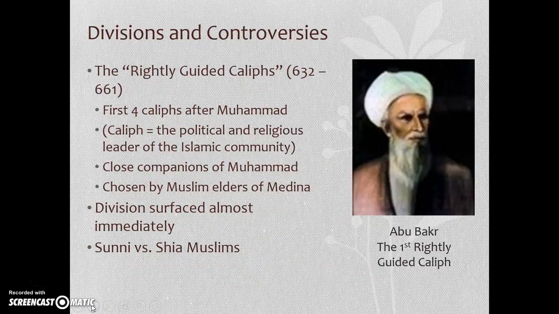After the death of the Prophet, disputes arose over who should lead the community. The first leaders were all companions of the Prophet. The first caliph had to put down political revolts, and the third and fourth caliphs were assassinated. Thus, within decades of Muhammad's death, civil war threatened to destroy the unity that he built.